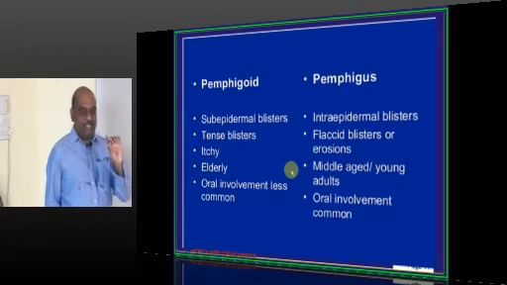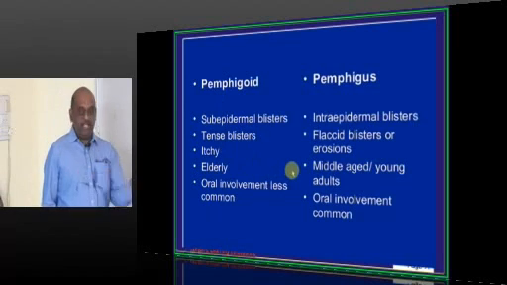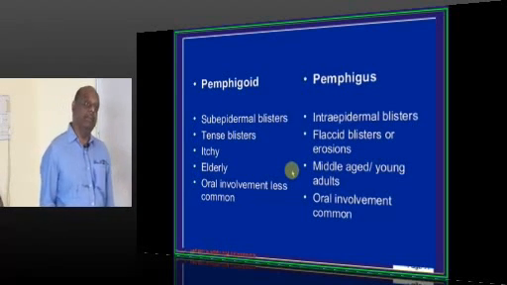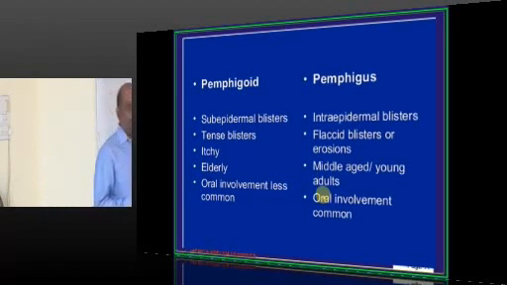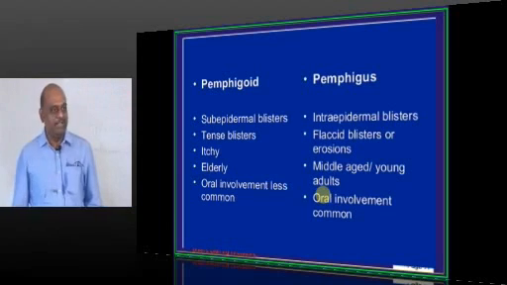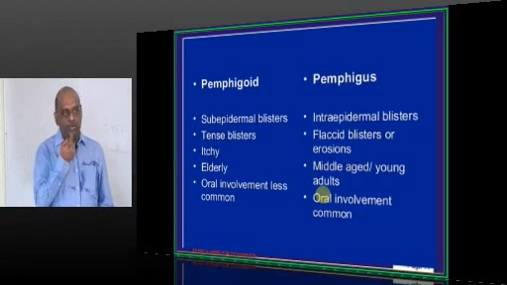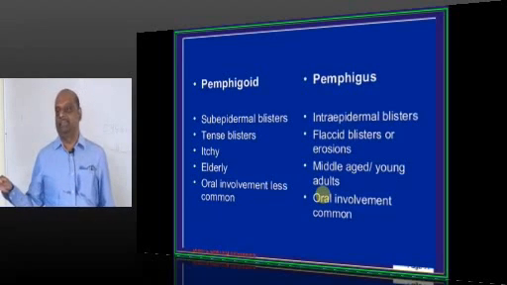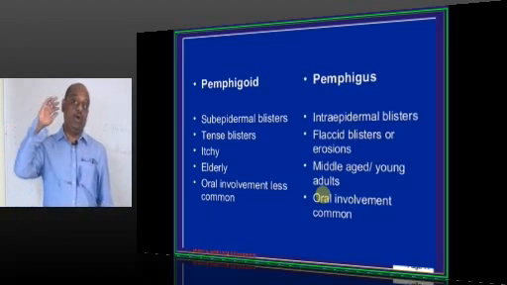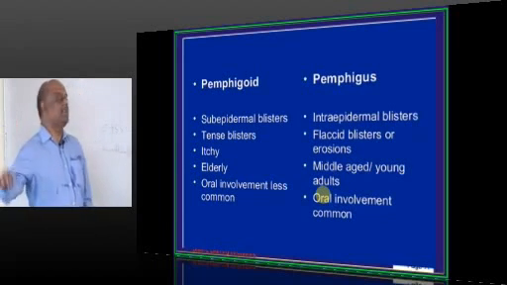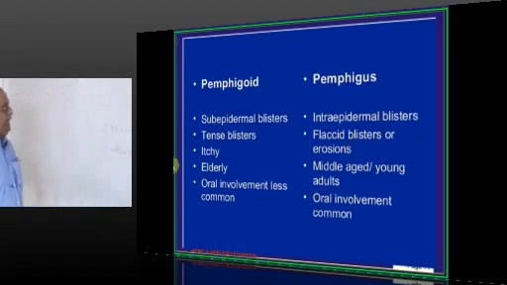Pemphigoid is tense blisters, whereas flaccid blisters are Pemphigus vulgaris. How will you remember? What goes into the mouth, can it still remain tense? Bubble gum. Bubble gum will be bubbling when it is outside the mouth, not inside the mouth. Inside the mouth, it becomes flaccid, crushed in the mouth. So, Pemphigus vulgaris is mouth lesions and they are flaccid. If they are flaccid, bullous pemphigoid must be tense is what you need to remember.